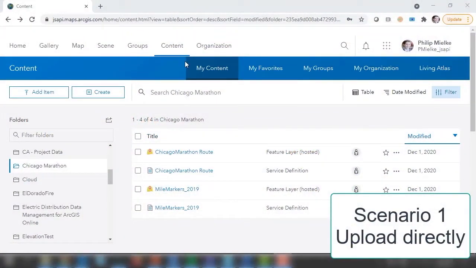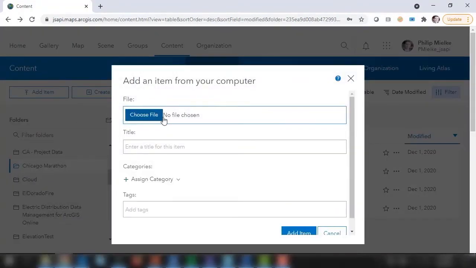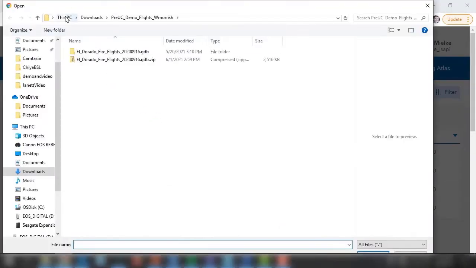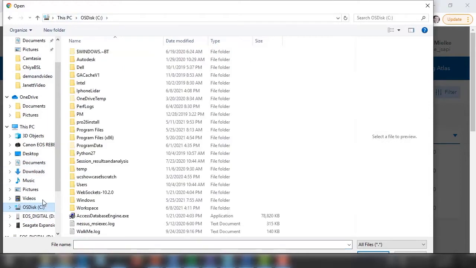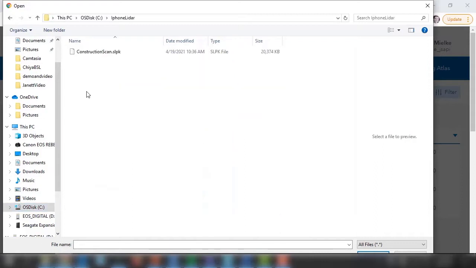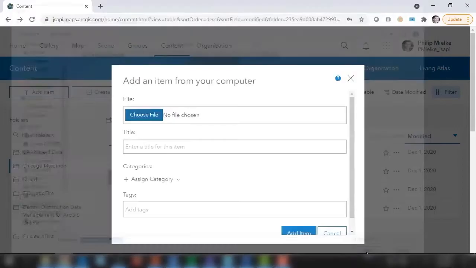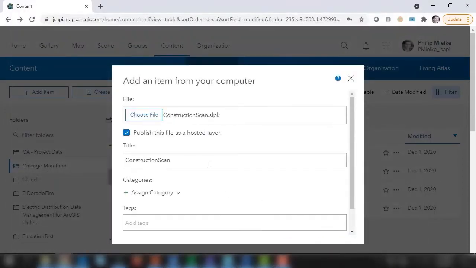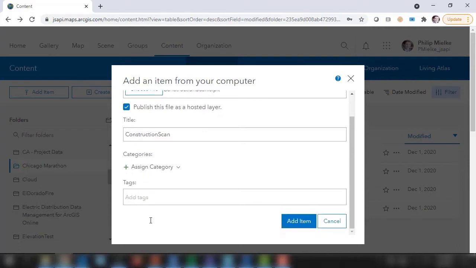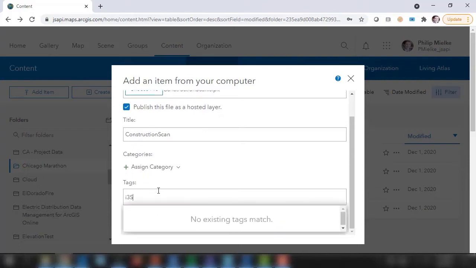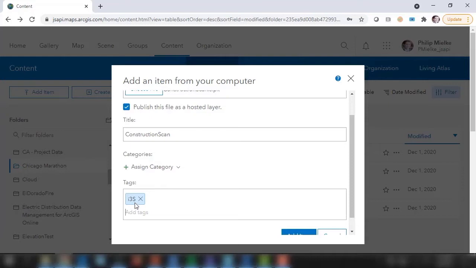I'm in ArcGIS Online under My Content, and I'm going to click Add Item from my computer. This is where I'm going to have the chance to choose a file. In this case, I'm going to go directly to my C drive, and I have this cool point cloud here that's derived from iPhone. I'm going to click on this. This is an SLPK. So because I3S is an open standard, we have a lot of different types of third parties that are providing I3S content that is also then immediately